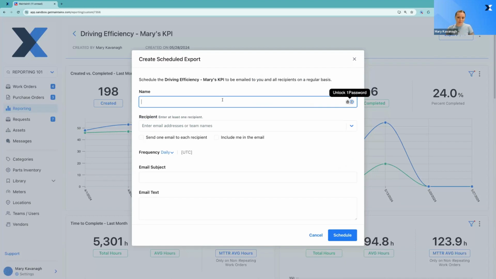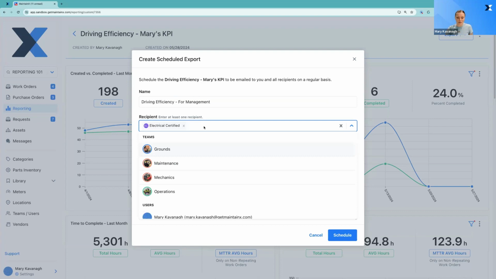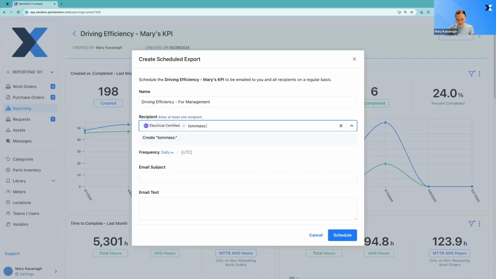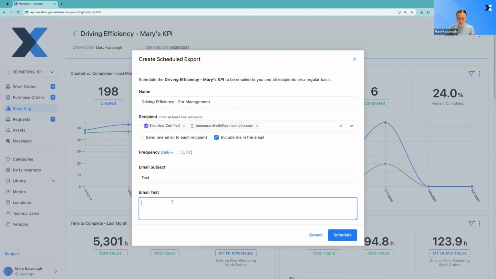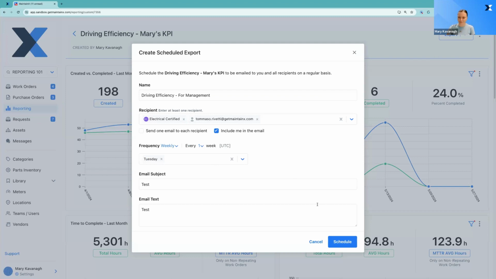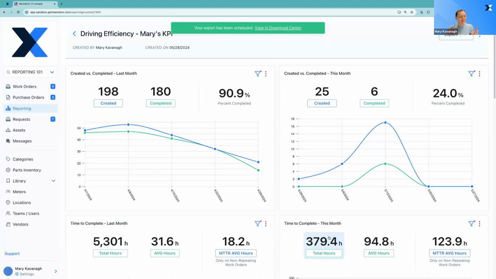By using scheduled export, I can name this something. So I'm going to name this driving efficiency for management. I can choose who I want to send this to, and this could be members within MaintainX, or it could be members outside of MaintainX. I can select my email subject, my email text, whatever you want it to be. I'm just going to call this one test. And I can set my frequency right here. So I'm going to want this to go out weekly on a Tuesday. And there we go. I set this up one time, and then all of the relevant stakeholders are being notified